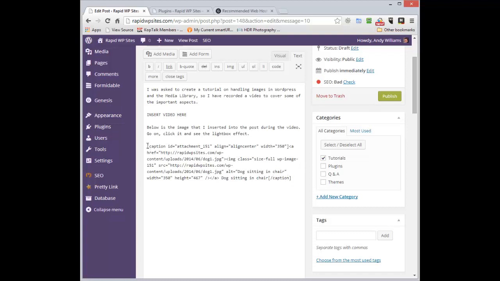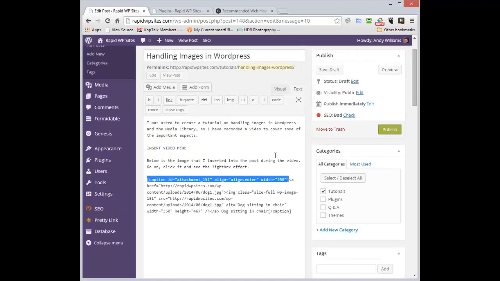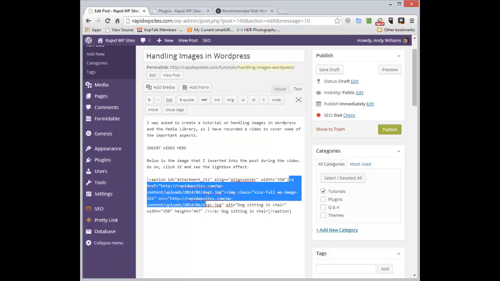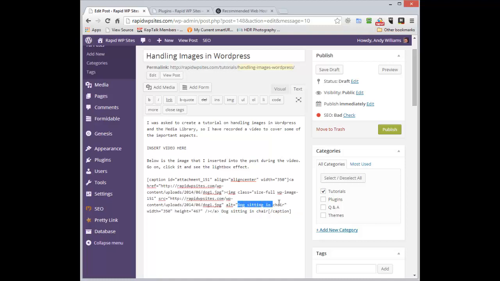And this basically, there's some code here to tell WordPress which image this particular post is attached to. It's the attachment. It's not something you need to worry about. We've then got the main code, which is this hyperlink, and basically it's the image hyperlinking to the image. And then we've got the alt text, which is that important text to include in there. And you can see that WordPress has also put in the height and width, which was the original height and